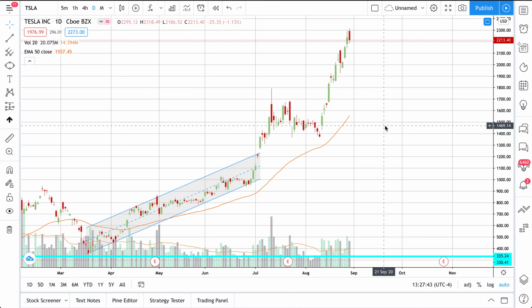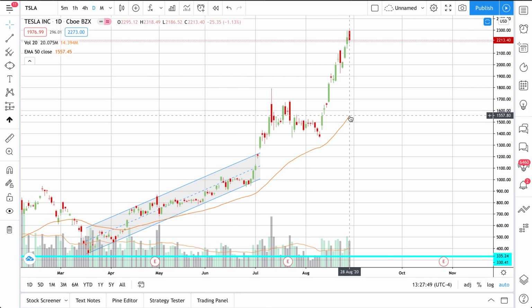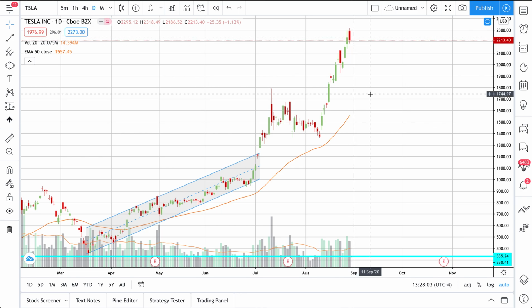Now, the stock could drop as well because it's run up so much and it's extended over the EMAs. The stock could drop back to the EMA just because of technical reasons, or it could also drop back because it's run up so much and the big institutions are now going to take their profits. So as the stock drop happens, pulling back to the EMA,